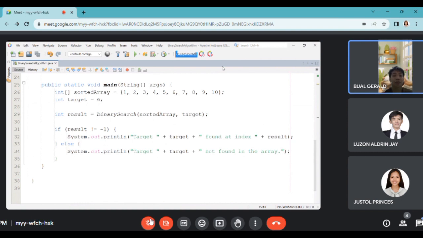Finally, we check the value of result. If it's not equal to negative 1, we print a message indicating that the target was found along with its index in the array. If it's negative 1, we print a message indicating that the target was not found in the array. So if we run the code,